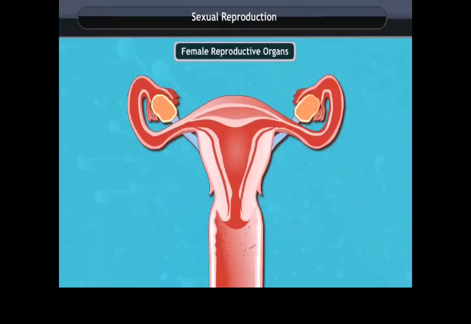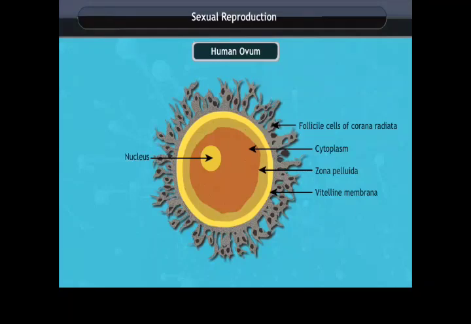Female reproductive organs. The female reproductive organs are very different from the male reproductive organs. They consist of a pair of ovaries, oviducts, also called the fallopian tubes, and the uterus. Like the testes in males, the ovary produces female gametes called ova or eggs. In human beings, unlike the male, the female produces a single matured egg into the oviduct by one of the ovaries every month. If it fuses with the sperm, it becomes a zygote, and if it doesn't fuse, it dies after